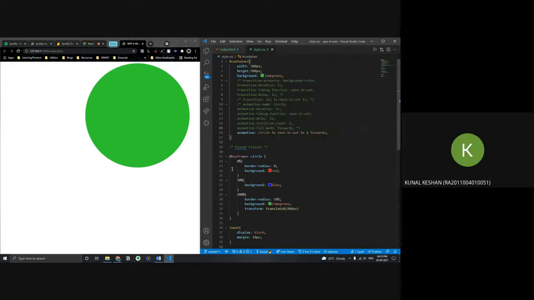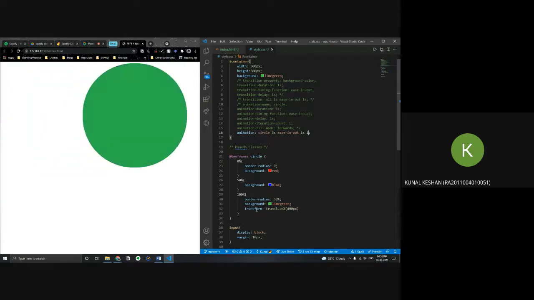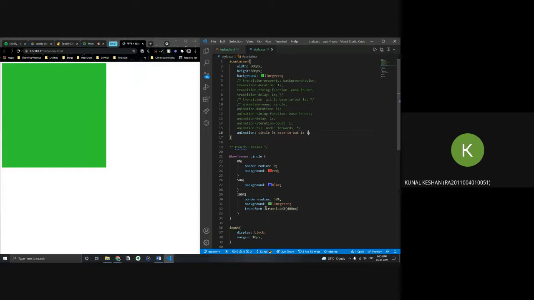Okay. Now suppose we have, for now, three keyframes. These are called keyframes for our animation. So 0% means initially at 0 seconds. 50% means, in our case, since we put 5 seconds, 50% of 5 seconds is 2.5 seconds. Then at the end of the animation, we want this property. Now suppose I remove this and play it again, you can see all this animation takes place and it goes towards the end of 100%. But then once the animation is complete, it goes back to the initial state that it was in.